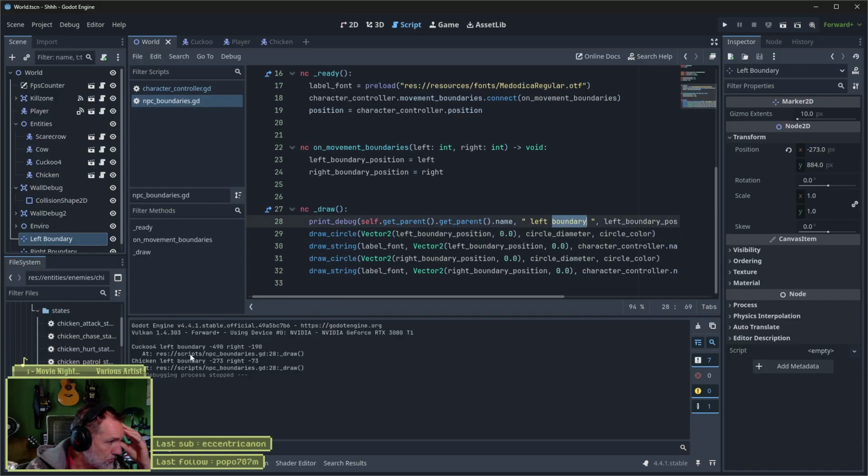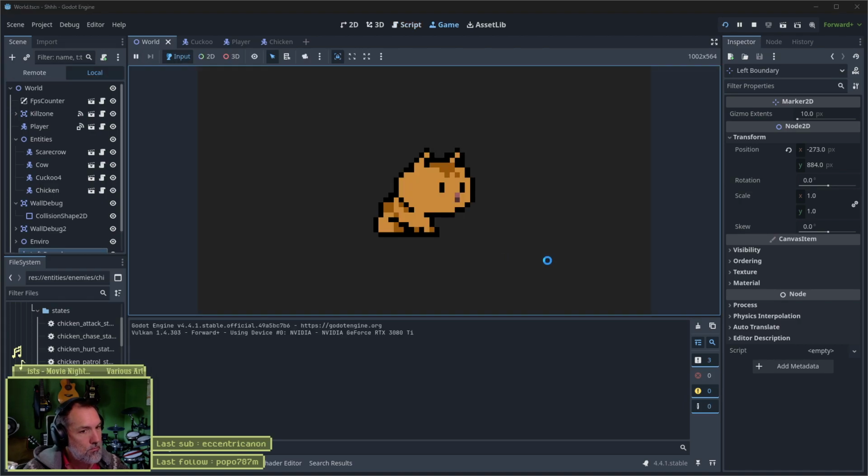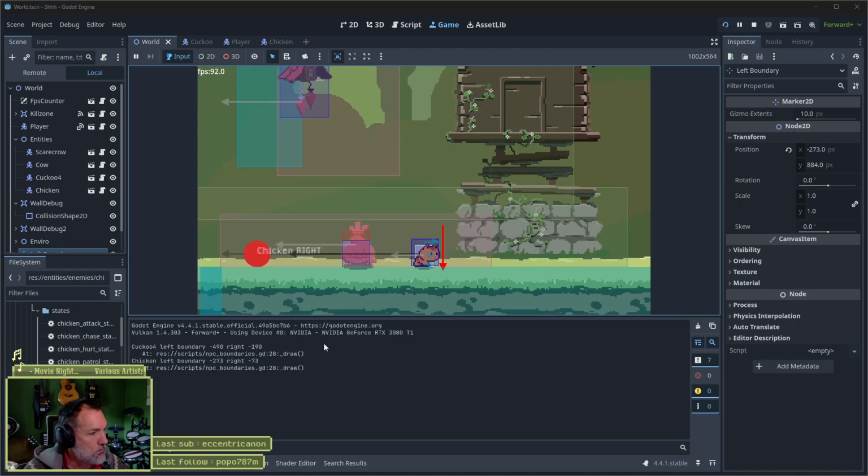So left boundary print is correct. But I can't see the circle because it's 0 here. Check something. It's not minus, it's